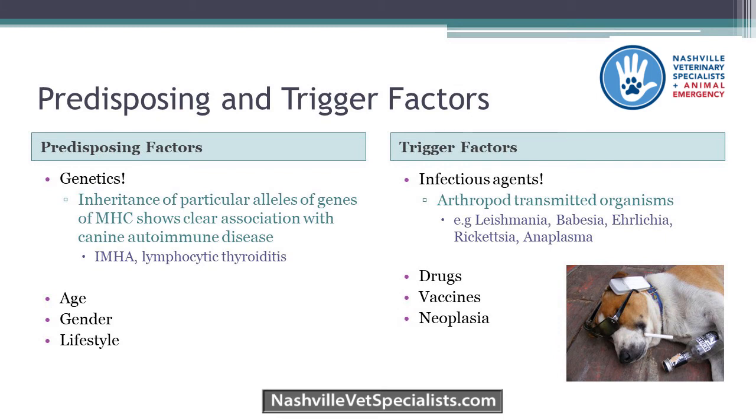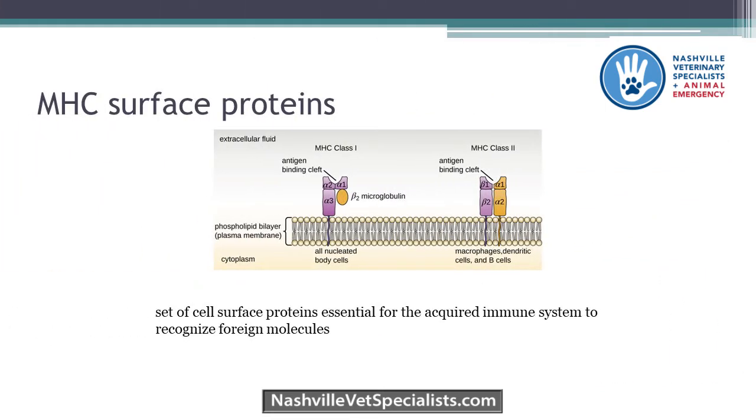Genetics is going to be one of our big predisposing factors. And actually now we know that inheritance of particular alleles of the MHC gene will make an animal at a way higher risk for immune-mediated disease. And just really quick, we're not going to go into detail here, but just for you guys to remember, the MHC gene makes a set of cell surface proteins that is required for the acquired immune system to recognize foreign molecules. So MHC class 1 and class 2, we won't go into what those do, but we know that they're required for that